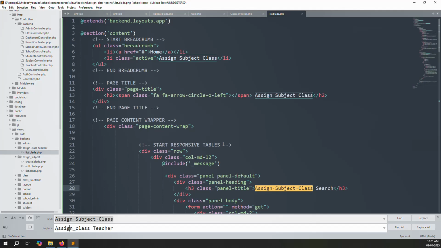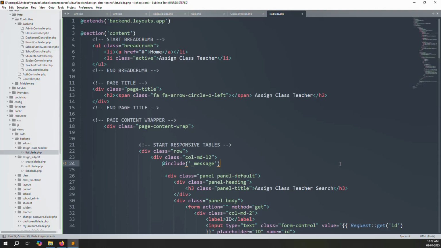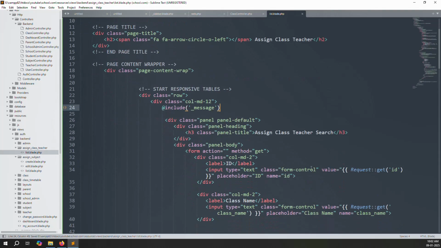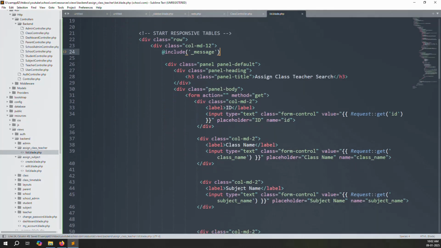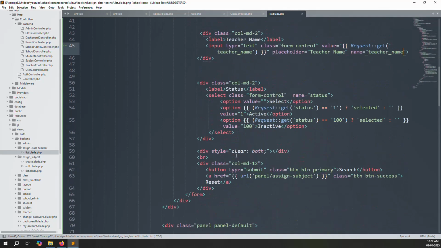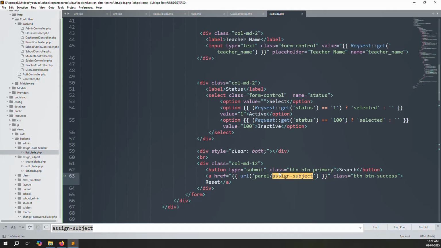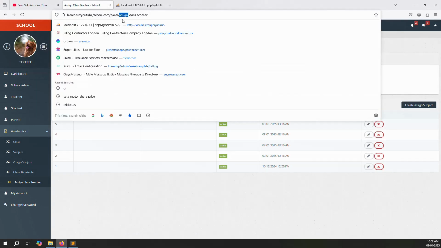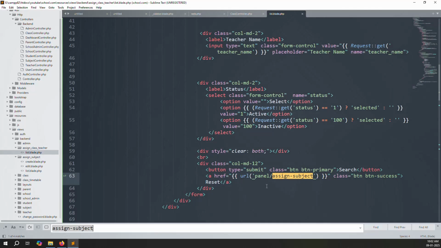This is the reason I have copied these files. Otherwise I can copy another, but this way we can do it very quickly, no other reasons. Here you can change subject name to teacher name, because we need to search by teacher name here. And also you can make it teacher's name here. Here also you can change class name we need, teacher name we need, status we need, and here we can make a reset. Assign subject, we can find and replace also, but let's copy and paste so it looks professional. Okay,